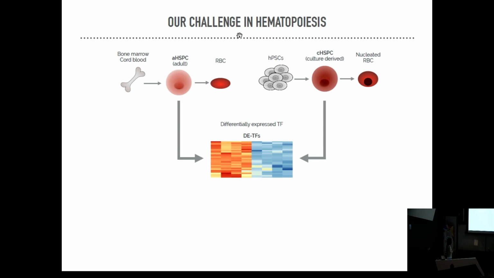And so we said, okay, people have been trying to reprogram those cells to adult-like progenitor cells using exogenous DNA, as I showed you before. We said, okay, let's try to do this with Cas9. So what we want to do is take in vitro produced cells and activate the expression of those genes that are missing, and try to make those cells look like adult progenitor cells.